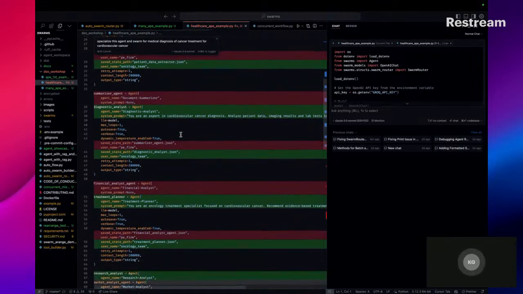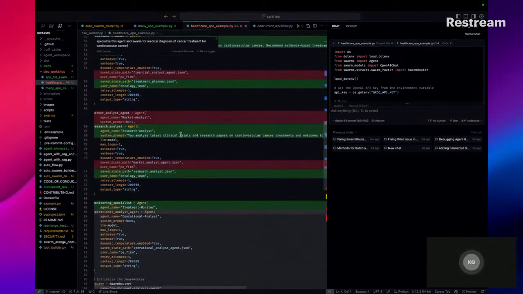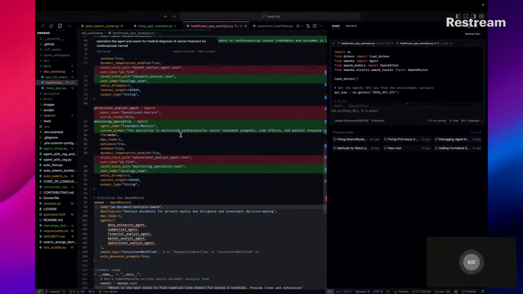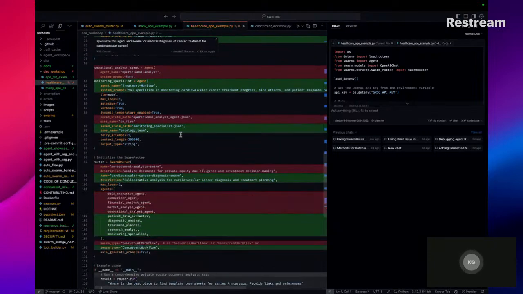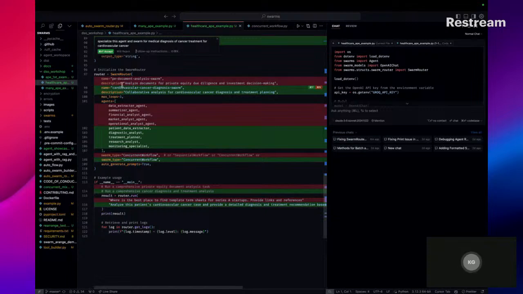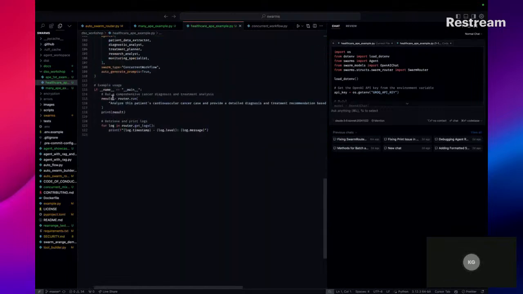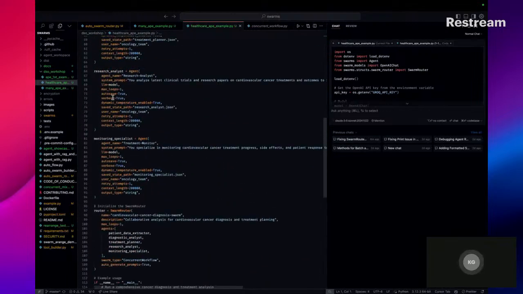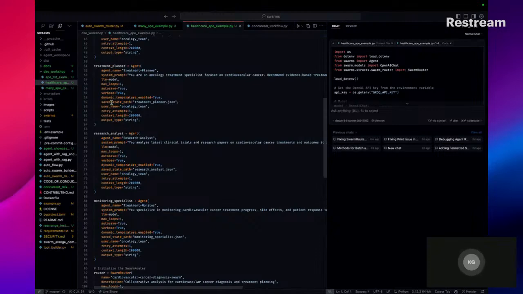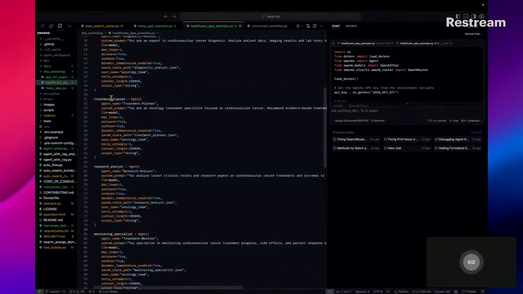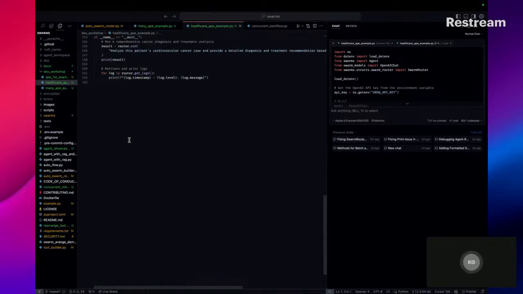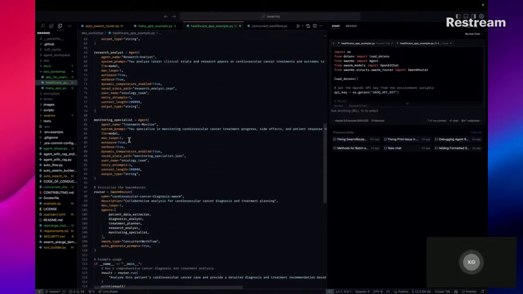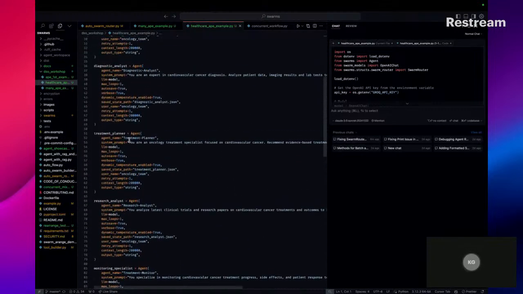So Cursor is really fun because it could do simple things like this. This would have taken me a long time to do without Cursor. So now we have a couple of agents that are semi specialized for analyzing cardiovascular cancer and providing treatments.